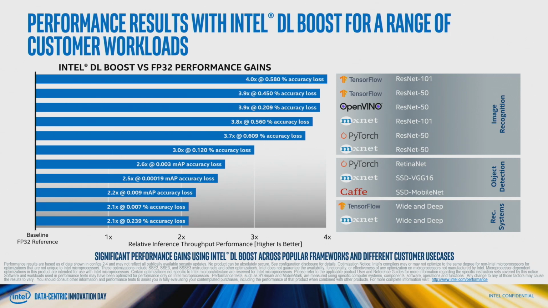So accuracy loss is important, as I was saying, because as we're going from this lower precision, from FP32 to Int8, maintaining the accuracy of the inference is very important. It's no good identifying an image 2x faster if you've identified it as a dog instead of a cat. Some of our customers were pretty surprised to see the level of accuracy loss that we've been getting. The industry standard for Int8 is about 1%, and we're actually getting 0.5, and negligible accuracy loss in some cases.